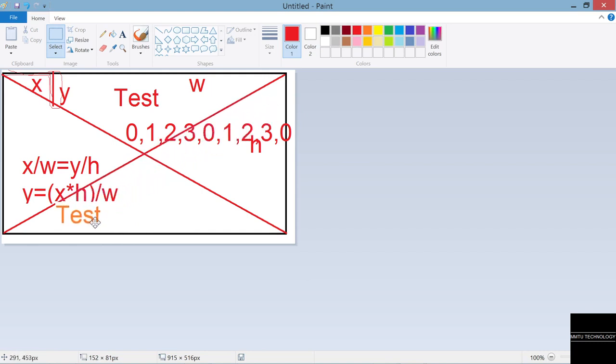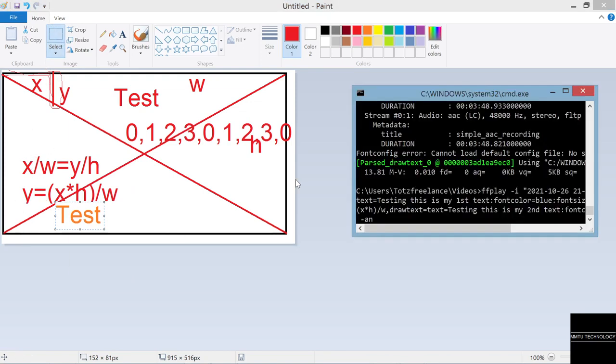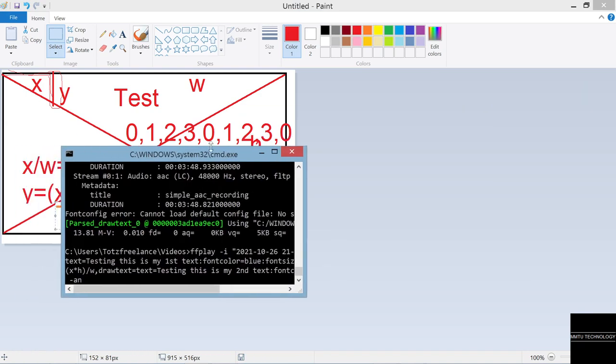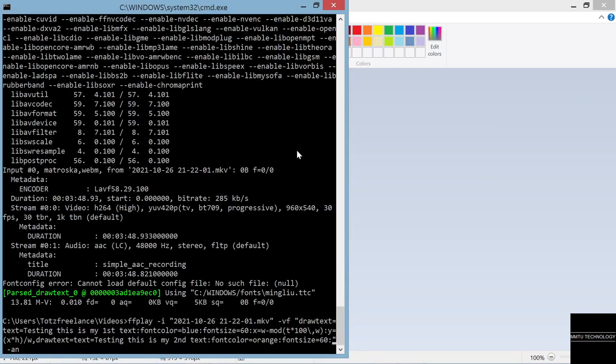So the text moves like that. The x is decreased, the y is increased. So let's configure the code for the second text. X is equal to w minus mod t times 100, sliding, comma, w, and